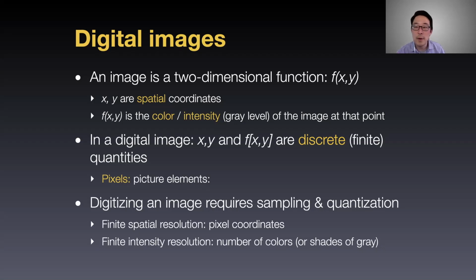And of course, if it's a digital image, then those coordinates and the values are going to be discrete quantities, quantized numbers. They can't be just any number with an infinite precision around it. We're going to have to figure out some way to turn that into binary values that we can store digitally. So digitizing an image will require sampling and quantization, just like with audio, because that's how we get from something in the real world, a continuous or analog image, into something that we can represent